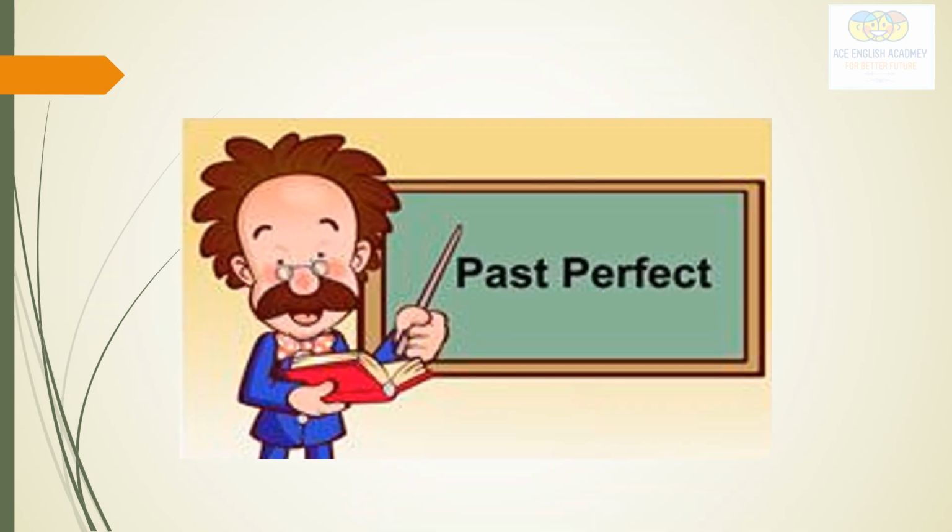Let's start today's topic, that is past perfect tense, as we have discussed the past indefinite and the past continuous tense in the previous video. So what do we understand by the past perfect tense and where do we use this tense? Past perfect tense expresses the idea that something occurred before another action in the past. It shows something happened at a specific time in the past. So let's understand it in more detail.